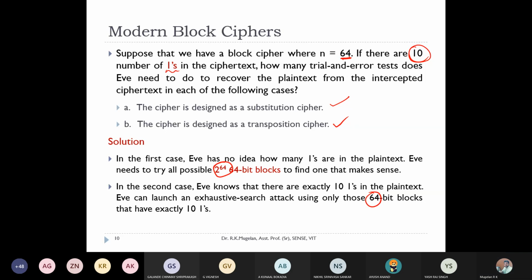Fine. So in this case, you can see substitution cipher is more robust to such kinds of attacks when compared to transposition cipher, right? So that's why modern day block ciphers prefer substitution cipher over transposition cipher. That is, they don't simply rely on transposition alone. Some existing modern day cryptography techniques have a combination of both transposition as well as substitution cipher. Okay.